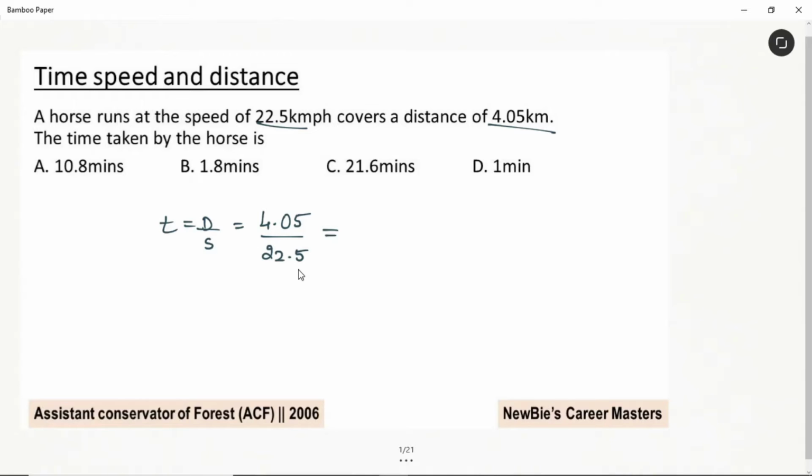That's it. Okay. See how I solve this question: first I'll remove this point. In order to remove this point, see, after the point two numbers are there, so I'll take 100 here. Then here after the point one number is there, so I'll take 10 here. I'll cancel the zeros. 10 is left out here. Just multiply 10 to the denominator. Am I clear? Now 405 divided by 225 into 10.